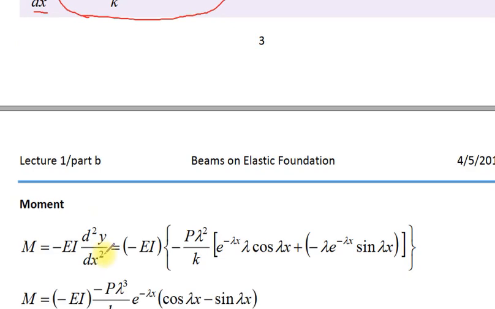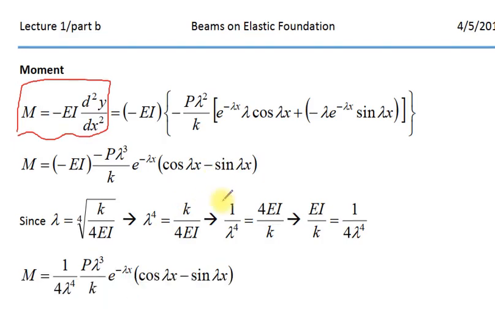The third equation is the moment. Moment equals minus EI d squared y over dx squared. Therefore, to get the moment, we have to differentiate the deflection two times. This is the first time we differentiate it with respect to x. Differentiating again gives d squared y over dx squared, and then we multiply it by minus EI. After differentiation, we get this equation,